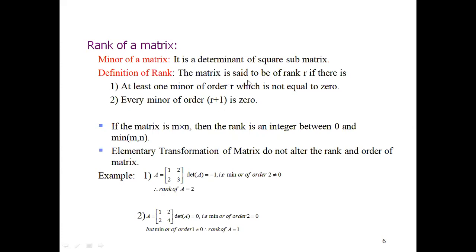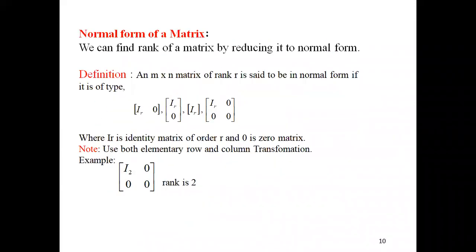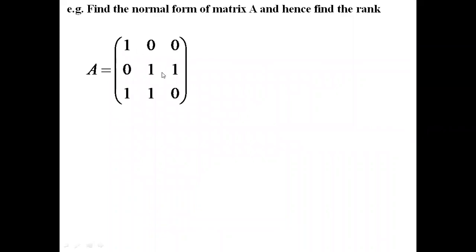Okay, so first definition, if rank is R, then at least one minor of order R is not equal to 0 and all the minors of order R plus 1 are equal to 0. This is the new concept in the matrix. Once we understand how to find the rank in all the ways, then I'm going to tell you why and where we are going to use this rank. Right now we are just getting an idea how to find the rank. Please try to solve this example now.